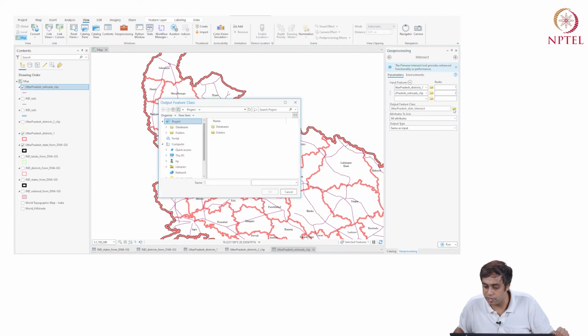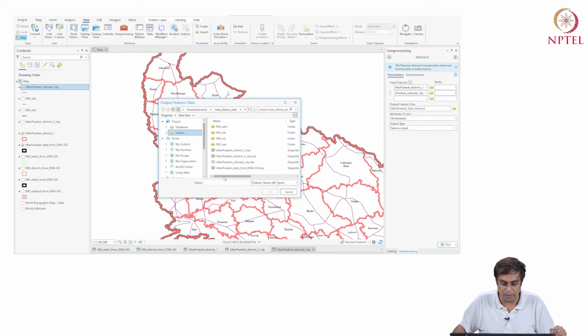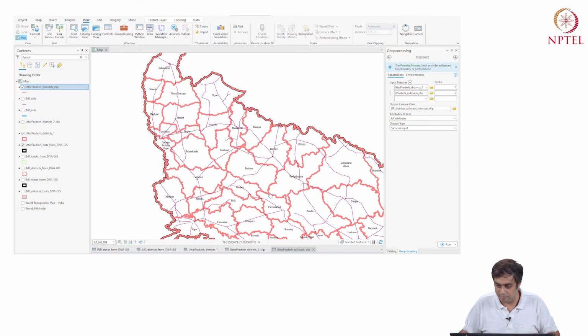Okay, so output feature class, I will say I want to save Uttar Pradesh districts, UP districts and railroads clip, oh sorry, not clip, intersect .shp, and I say save.